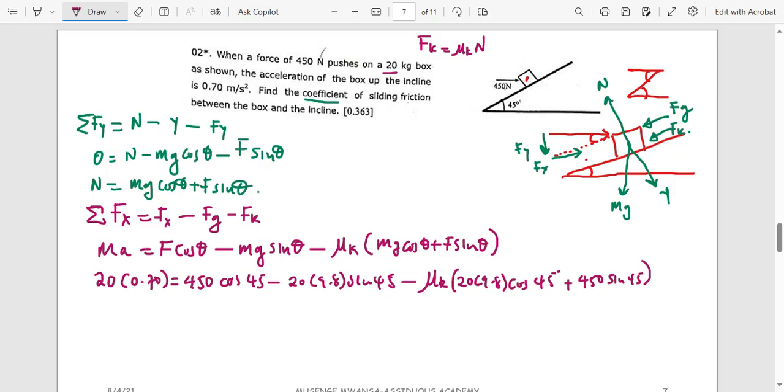We can start punching. We have 20 times 0.7 at the beginning. That gives me 14. That is equal to 450 cos 45 minus 20 multiplied by 9.8 sin 45. So those altogether have given me